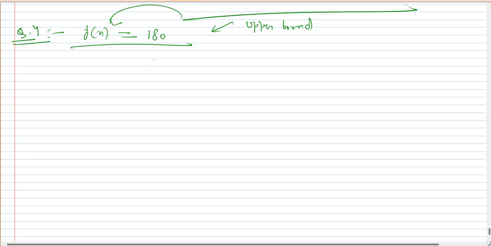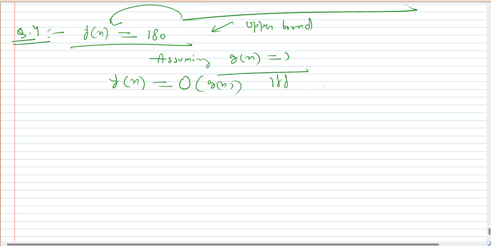Here this function contains only a constant term 180. So assume our gn as 1, because as per the definition of Big O, our fn can be written as Big O of gn